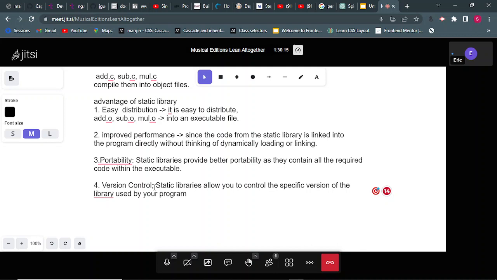That is, you can control it, if you don't want the latest version of this function,